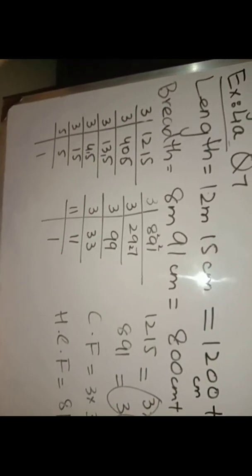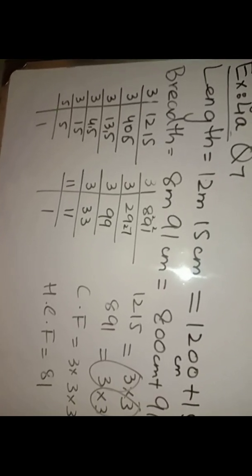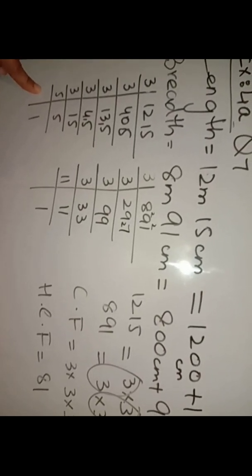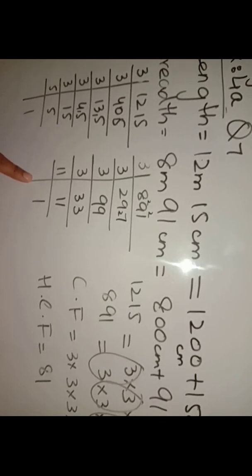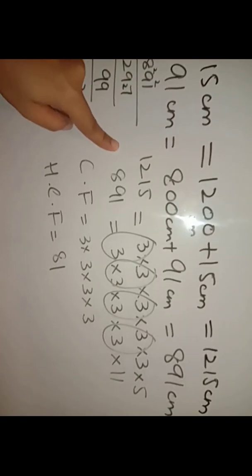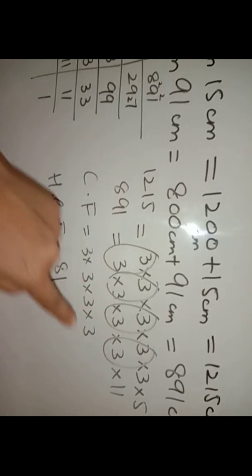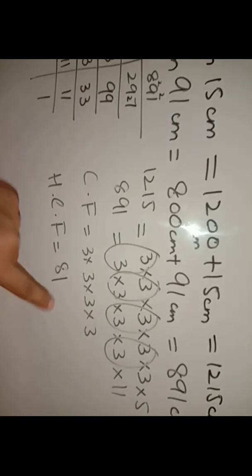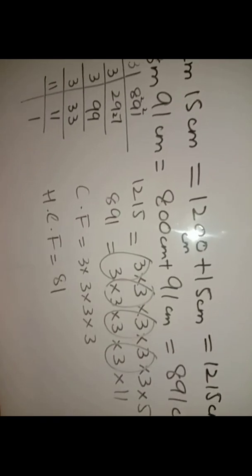By taking the prime factorization of both, means the prime factorization of length and breadth. Prime factorization of length gives us 4 times 5 times 3 and 5, and prime factorization of breadth 891 gives us 4 times 3 and 11. By writing factors of 1215 and 891, we find out common factors, in which we have 4 times 3. So HCF will be 3 3s are 9, 9 3s are 27, 27 3s are 81. So in this question we have the answer of 81.